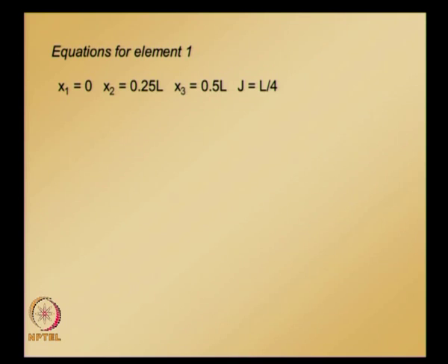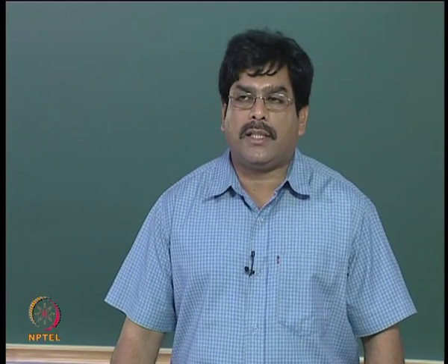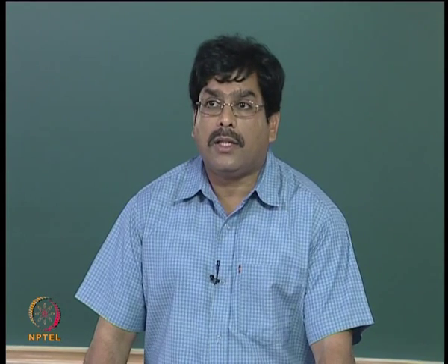noting down the coordinates of 3 nodes. The length of this element is L over 2, and once we have these coordinates x1, x2, x3, we can easily calculate the Jacobian J. You can see here the Jacobian for this nodal spacing and for this 3 node element is L over 4, which is a constant, and which makes our job easier when we are doing integration, because J is constant, which you will notice when we are actually trying to integrate